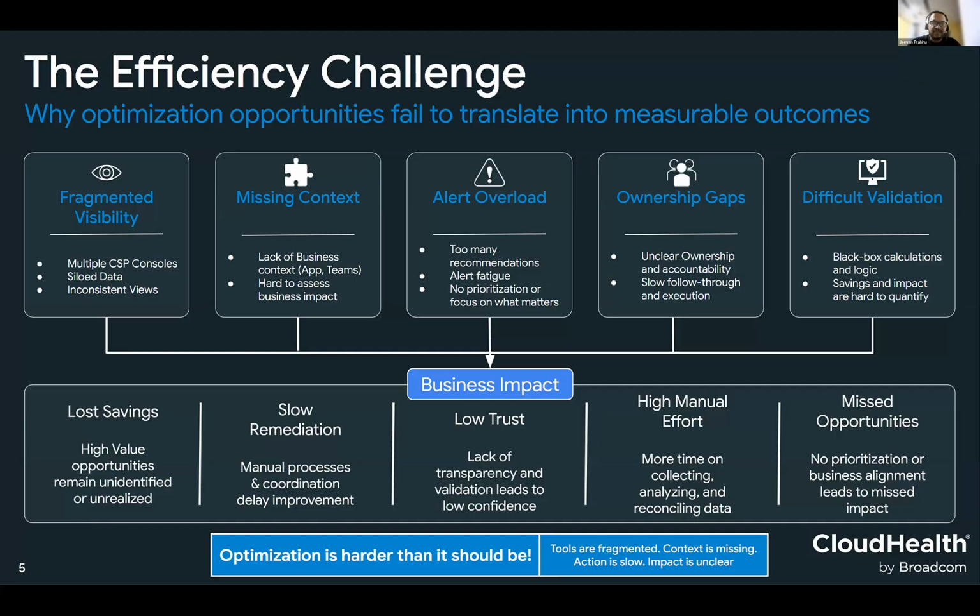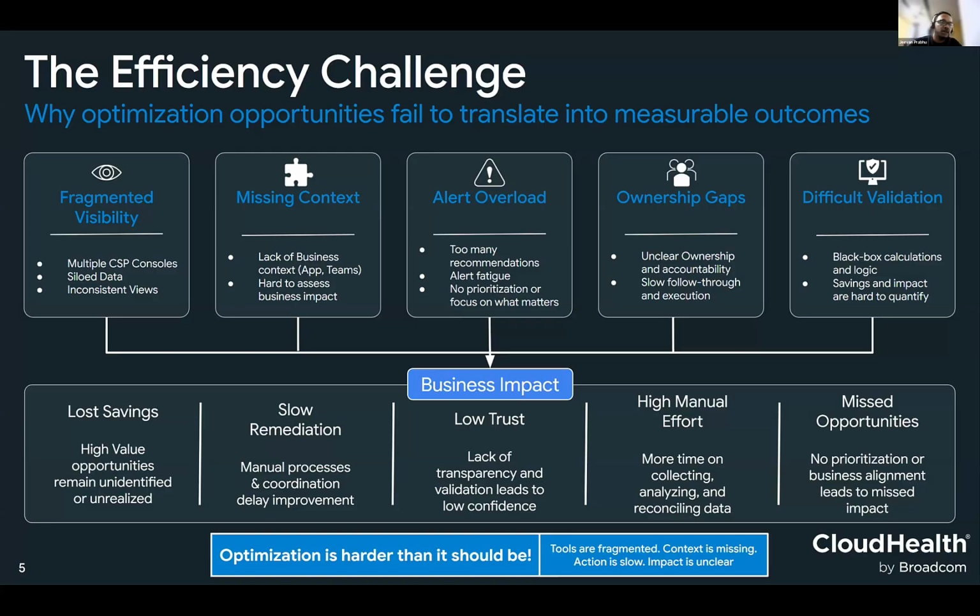In this sea of recommendations and opportunities which you see across multiple areas, right? And even if you have a cohesive view and still get a business context, as a FinOps practitioner, the next step would be to action it, right?